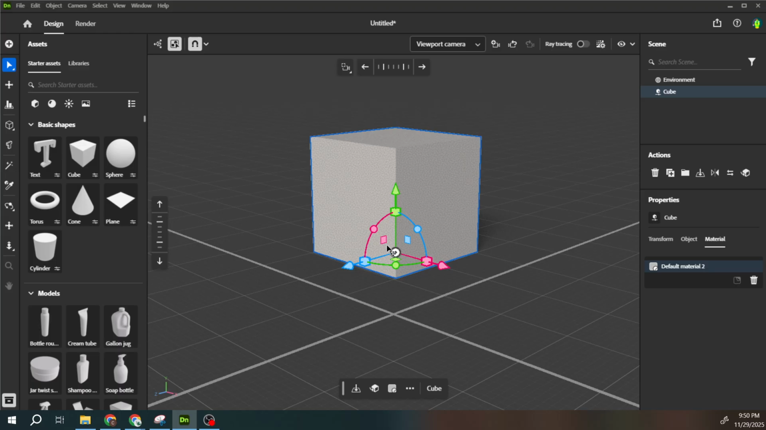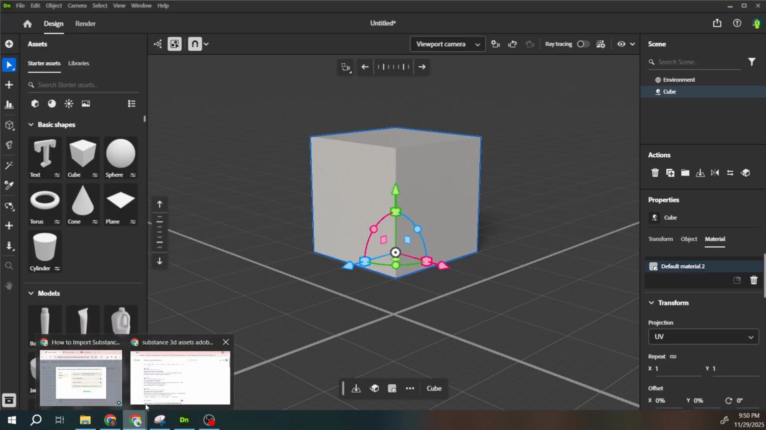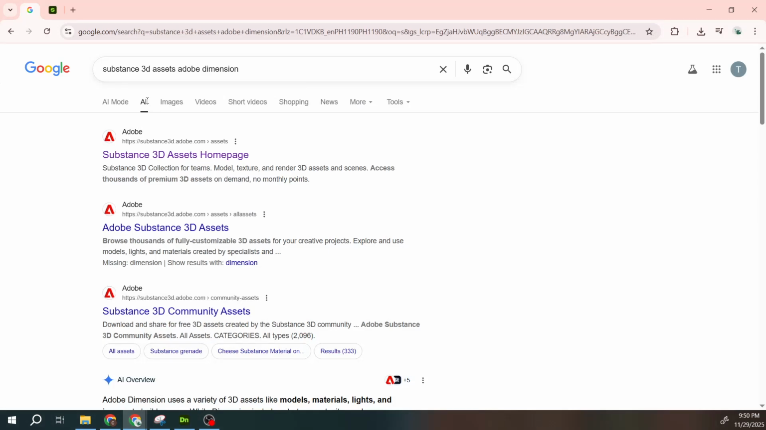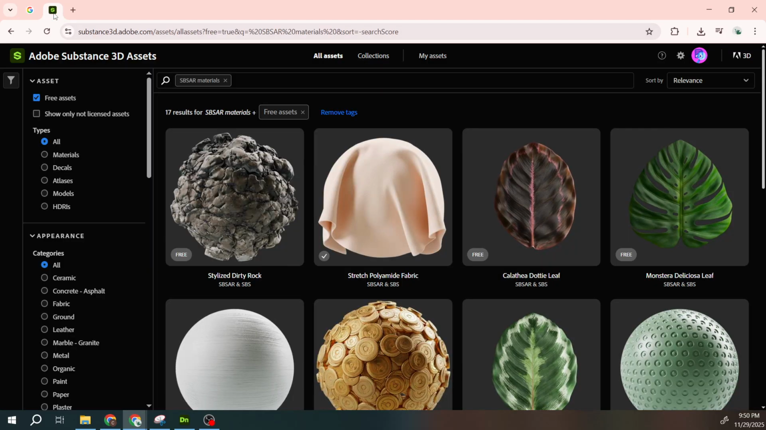Next, switch to your web browser and search for Substance SBSAR materials. SBSAR is the Substance format that packs a smart, procedural material with editable controls, so you can dial in endless variations without repainting textures. Open a trusted result, then browse or search within that site for SBSAR materials that match